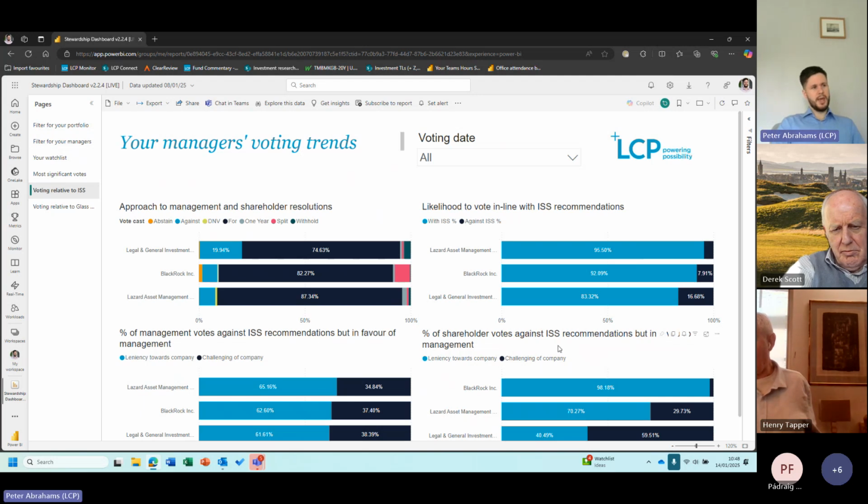These two charts at the bottom here are about splitting out the darker blue bars here. So for those votes where the investment manager said, actually, we don't agree with ISS's standard recommendation, we want to do something different. This breaks that down based on whether they were breaking ranks with ISS in order to challenge the company. So these are the occasions where ISS says, we think you should support a management proposal, but the investment manager says, actually, we've considered our own policies, we've thought about it, we'd like to challenge the company and